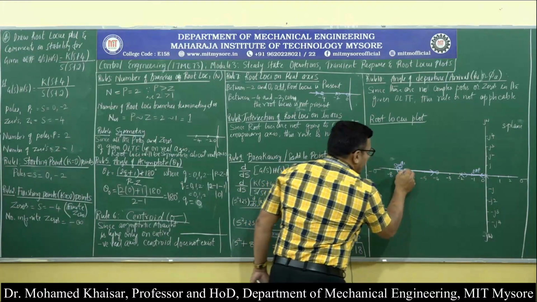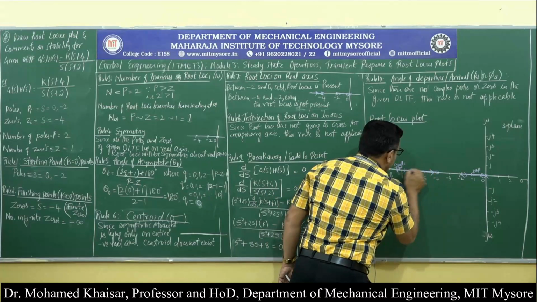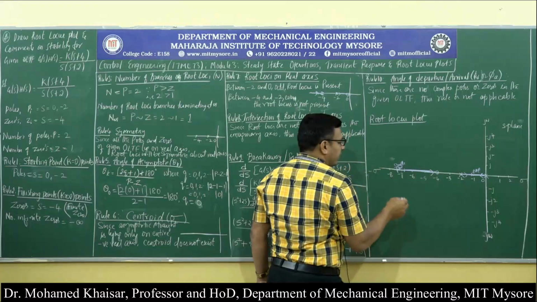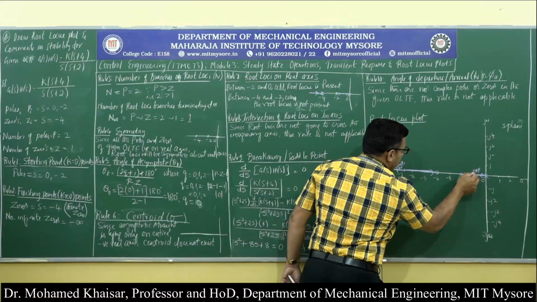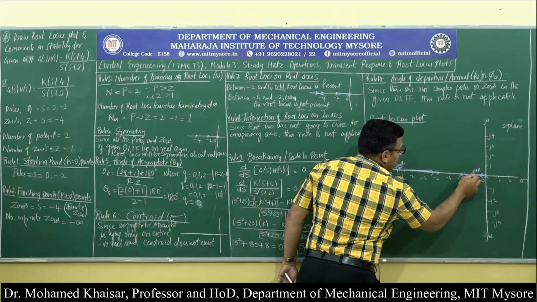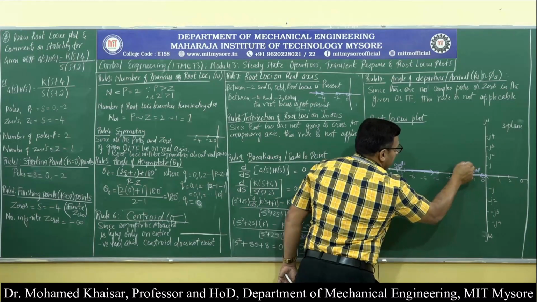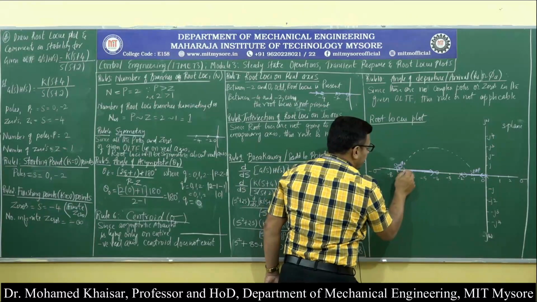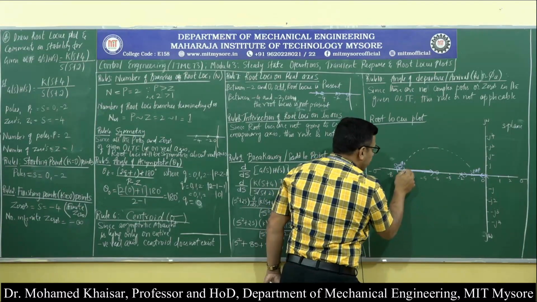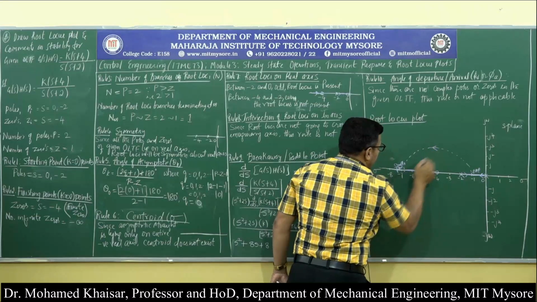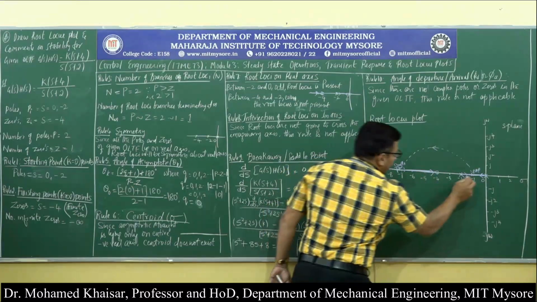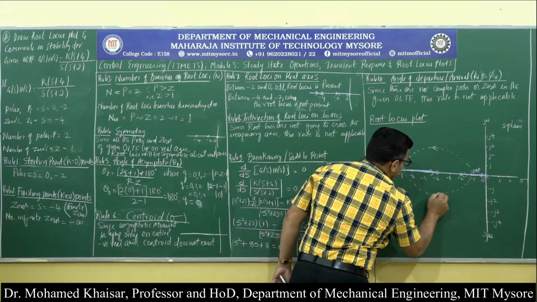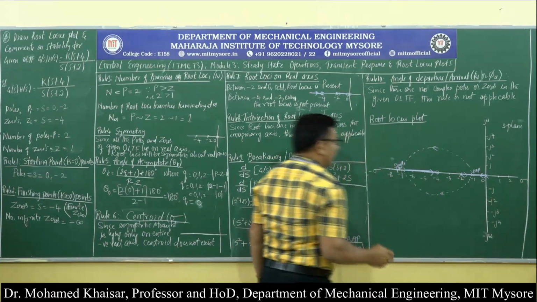So from here the root locus has started. Now we can get to know, from here it has started to move and terminate at minus 4. So how can we draw? The branch of root loci breaks away here. They travel in a circle and meet the negative real axis again at minus 6.83, right? And then they travel towards minus 4. From here also, since the root loci will always travel in pairs, it will be in this direction.